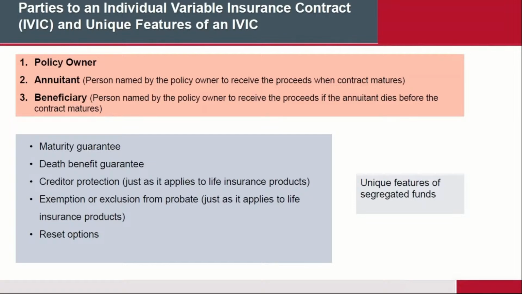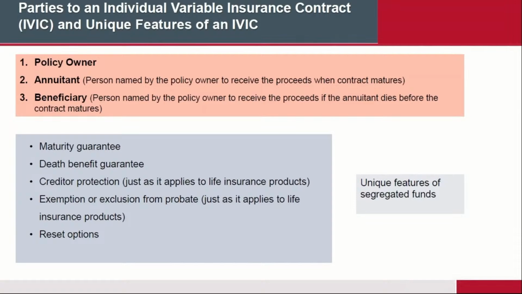The annuitant is the person who actually has the annuity itself. So the annuitant is the person who owns the actual proceeds. If I am the policy holder of a $10,000 seg fund, and I'm also the annuitant, it's a personal seg fund. So therefore, I get the money. But remember, I can also buy a seg fund on my spouse. I can buy a seg fund on my children. In that case, I'm the owner, but my children or my spouse are the annuitants, and they get the money in the event that they cash the policy in, you see.